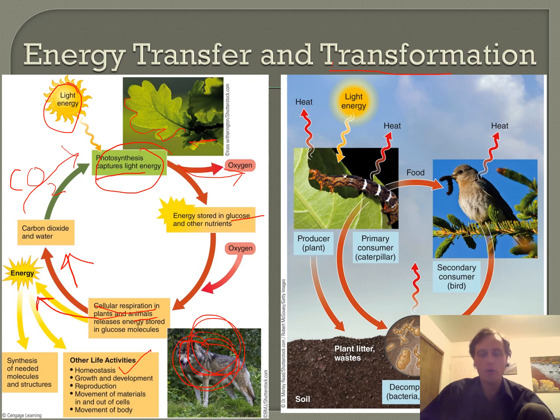But unfortunately for the plant, some of them do get eaten by animals, and then the animals use that energy. So energy is transferred, it is transformed. The types of energy transformation we've talked about just now would be radiant energy, chemical energy, and then we didn't really show it on this diagram, but there would also be heat energy.